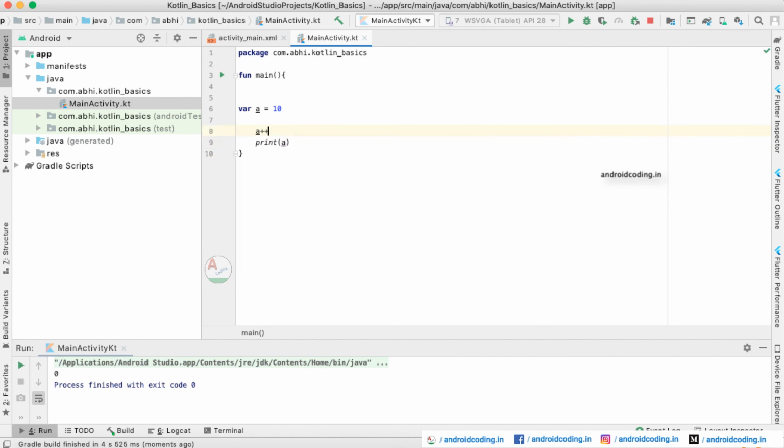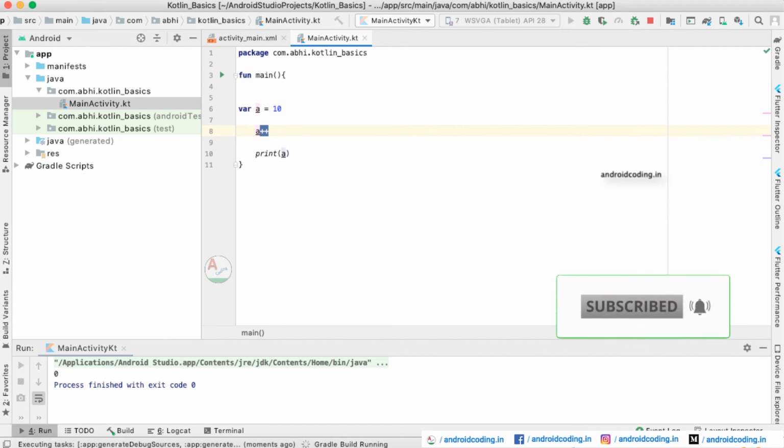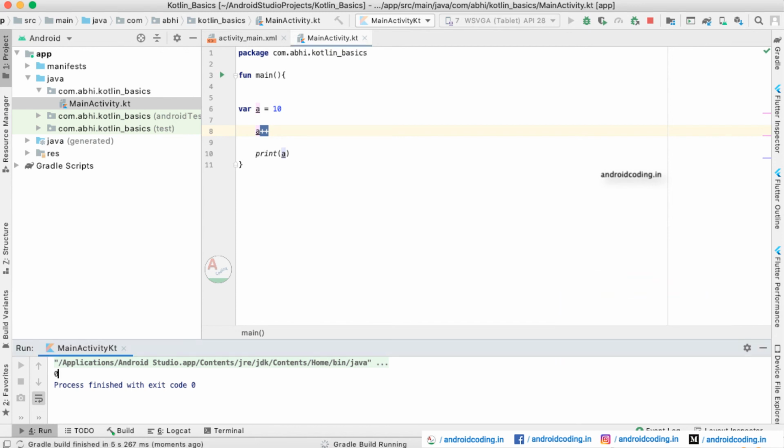Now try to see the incrementer and decrementer here. Now try to increment the value by providing the symbol plus plus here. Here you will be getting an output 11. You're trying to increment the value, so it will be considering plus 1 here.